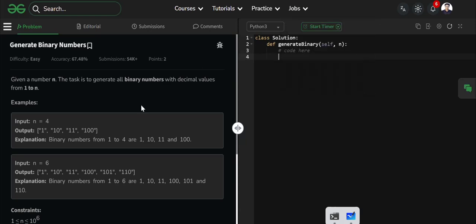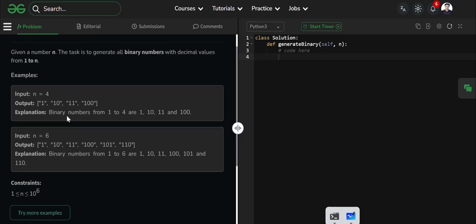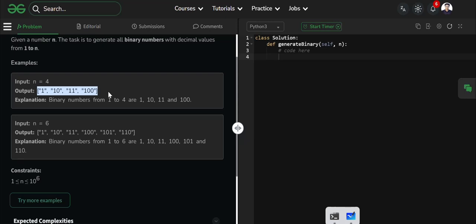Hi guys, in this video I will be explaining the GeeksforGeeks problem called generate binary numbers. We are given an integer n. We are supposed to return the binary integers until n. So how we can calculate the binary number is